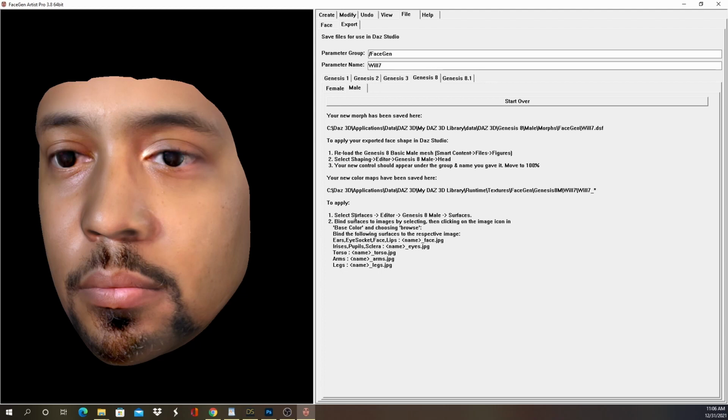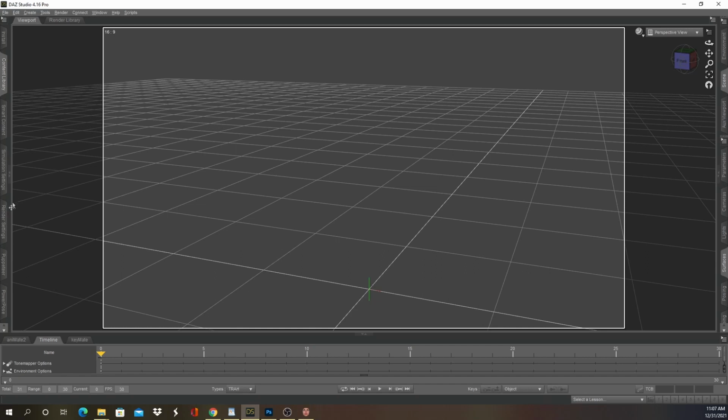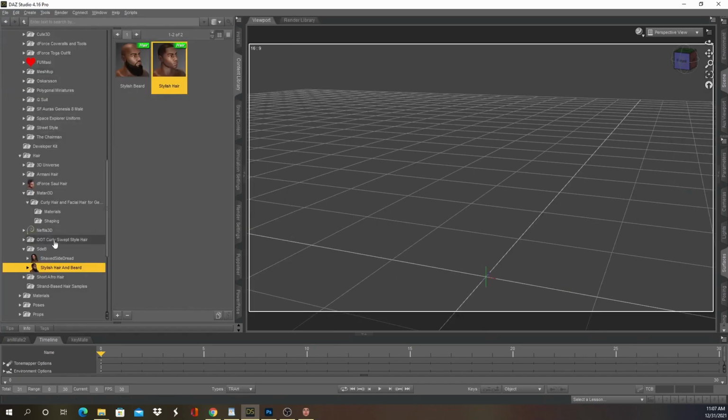And it tells you what to do basically from here on, how to find the morphs and the color maps, but I'll go through that here in this tutorial. You do want to take note of this directory. If you want to write it down when you export, that's fine. I tried to copy and paste earlier with this and didn't really copy, but we're going to traverse manually to that location. So in DAZ Studio, what you would do is basically create a generic Genesis 8 character,